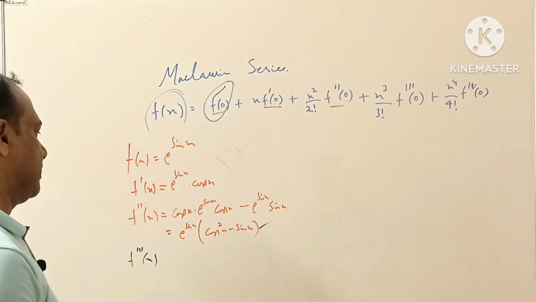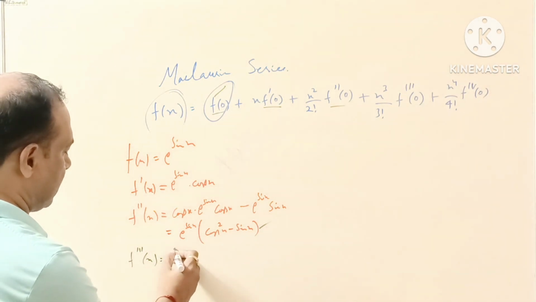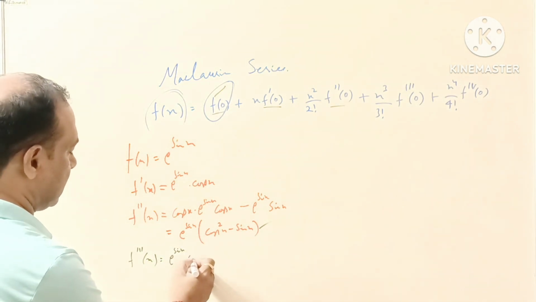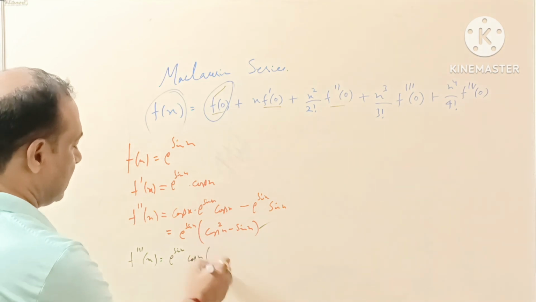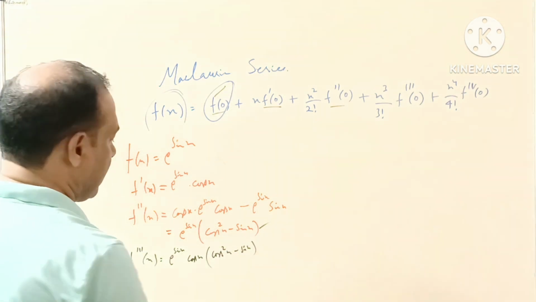Now what I can do here, I can simply write the first function as it is, e power sin x. I have to differentiate it. It will give me e power sin x cos x, and this part will remain as it is, cos square x minus sin x. Furthermore,